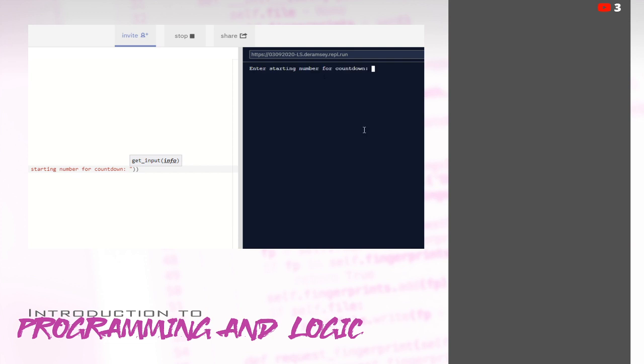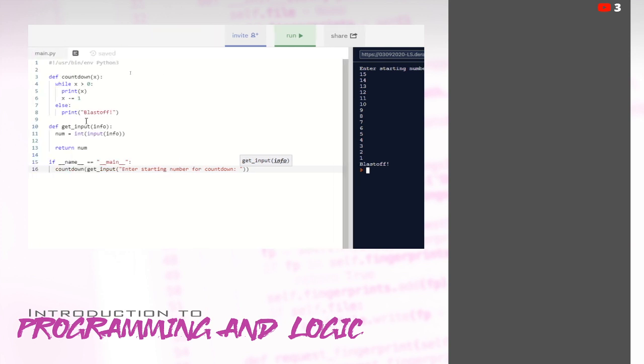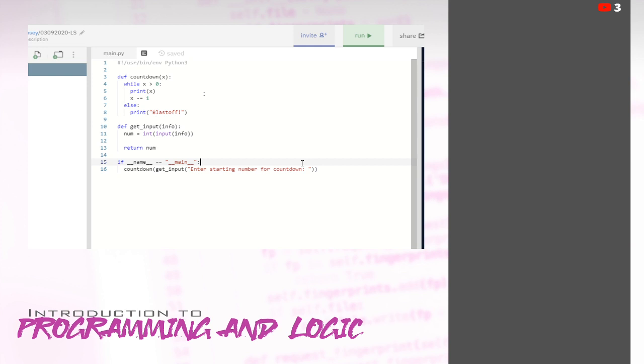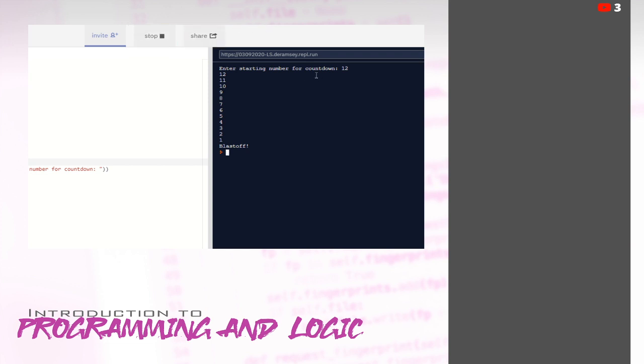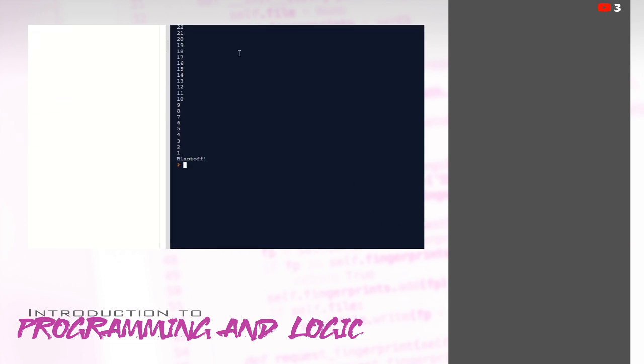Enter starting number for countdown. We'll enter in 15. And it gives us 15, 14, 13, 12, 11, so on and so forth. Blast off. And we can run that each time. Add a different number, get a different output. We can even put in something big like 50, and let it go all the way down for us.